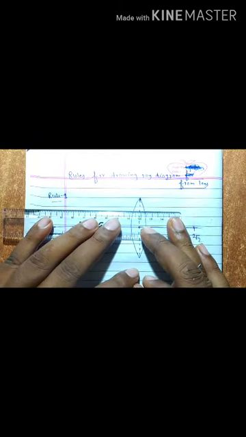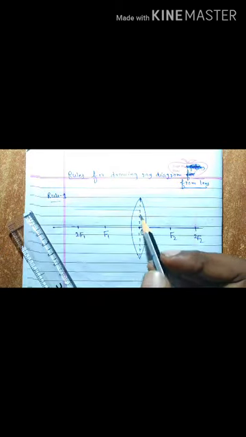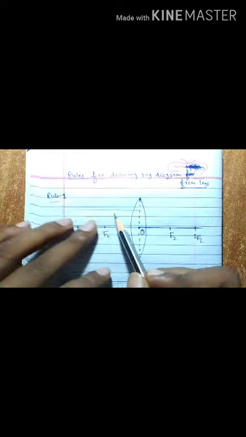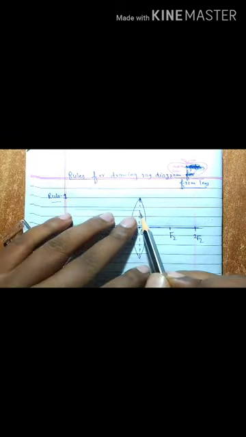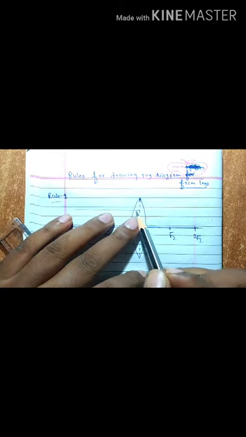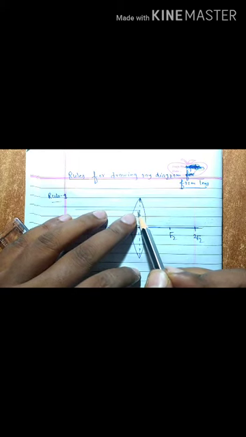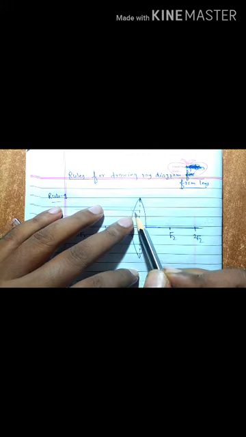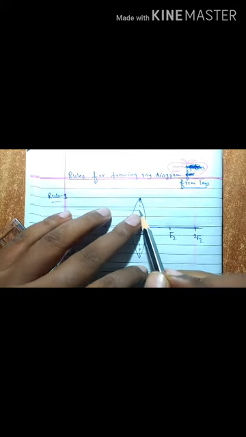The rays which are parallel to the principal axis, take till here. Okay, actually in lower standard you have to take here, but there is some mechanism, there is the refraction that takes place, so that I am not making. Otherwise you have to draw a normal here. So simply you have to take till here.